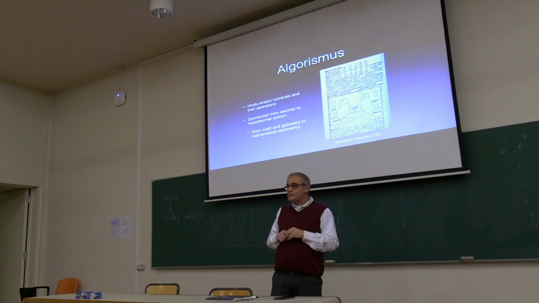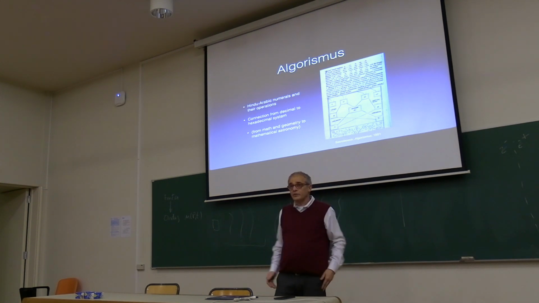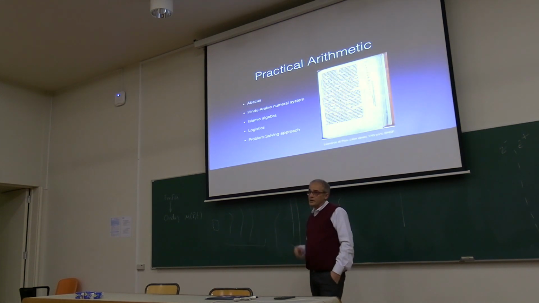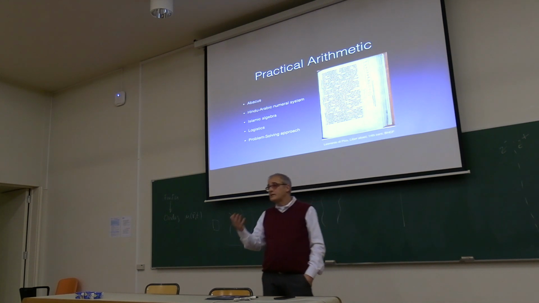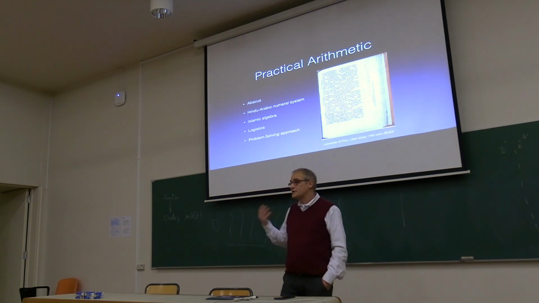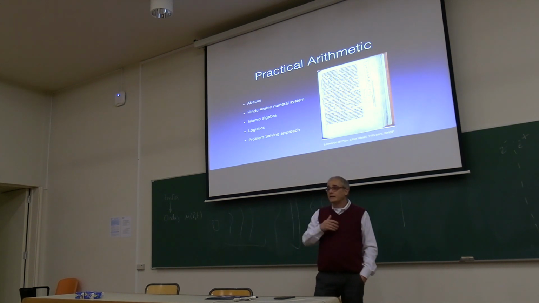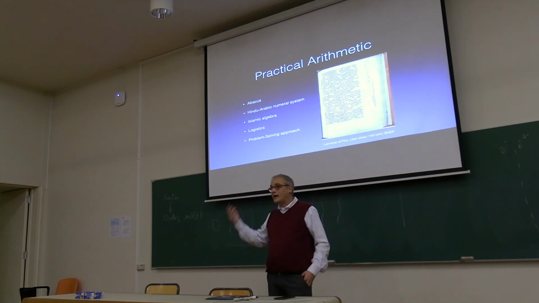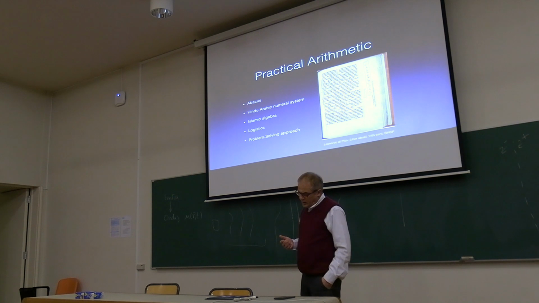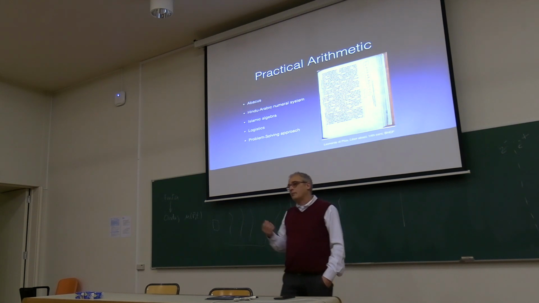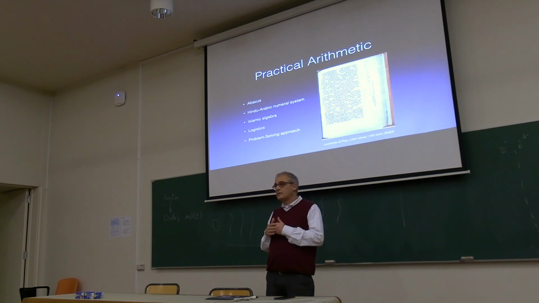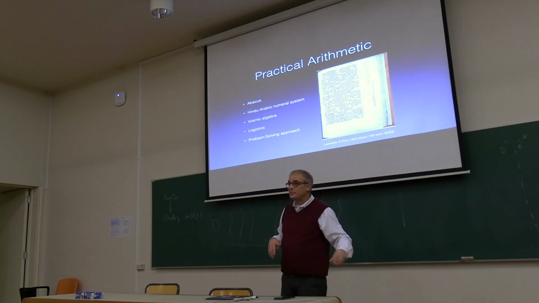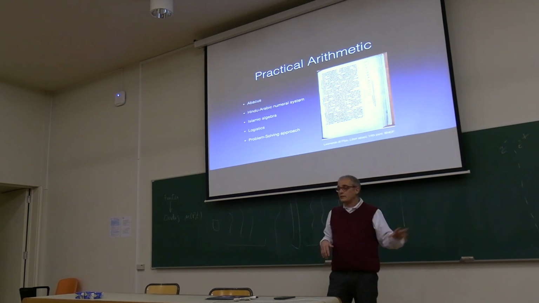Then we obviously have also something else, something that goes even outside of the universities, and it is the so-called practical arithmetic or the merchant's arithmetic. We start more or less in the same period, maybe a little bit later, with the Liber Abaci of Fibonacci and everything that followed this book. So the creation of new schools, of new institutions, a new social class, we would say, we could also say a new math. A math that, in parts, overlaps with the algorithms, doesn't have anything to do anymore with the theory of numbers, and doesn't deal with the question of the theory of proportions in the way the arithmetic of Boethius does,